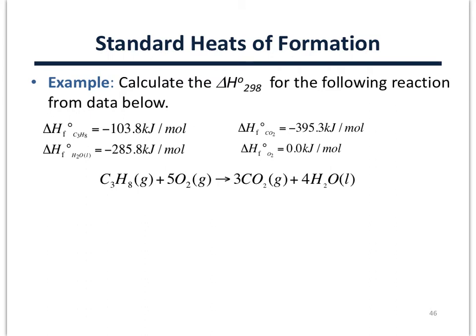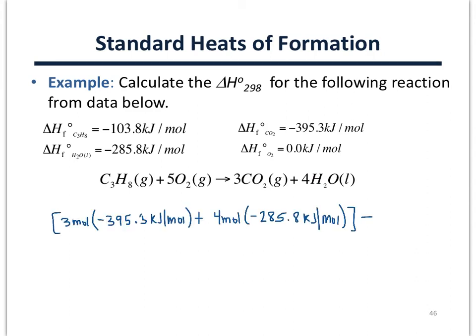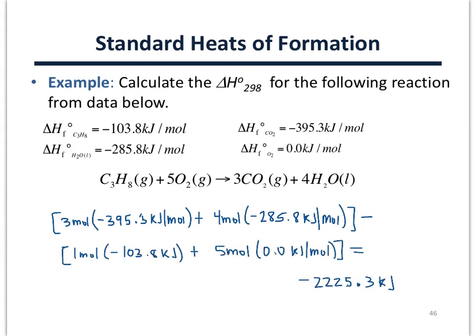Remember that when we do this, we do products minus reactants. So we'll start by summing the delta H of formation for CO2 multiplied by 3 and the delta H of formation for H2O liquid multiplied by 4. And now we'll subtract out the sum of the delta H of formation for the C3H8 plus 5 times the delta H of formation of the O2 gas. In this case, the sum is negative